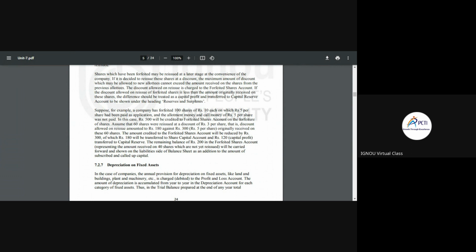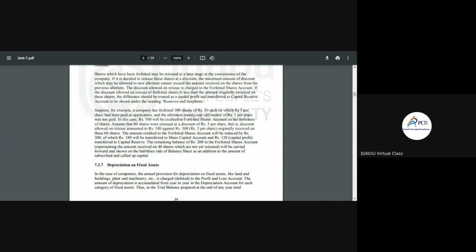On the forfeiture of shares, let us assume that 60 shares were reissued at a discount of rupees 3 per share. In that case, the discount allowed on reissue amounted to rupees 180 against rupees 300, that is rupees 5 per share. So the amount originally received on these 60 shares, credited to the forfeited share account, will be reduced by rupees 300, of which 180 will be transferred to share capital account, and rupees 120